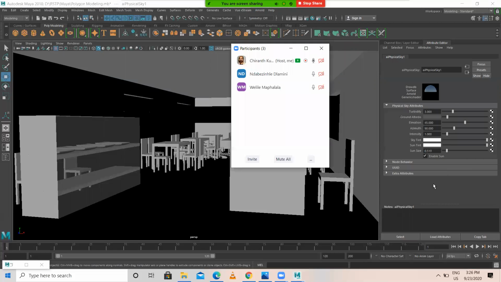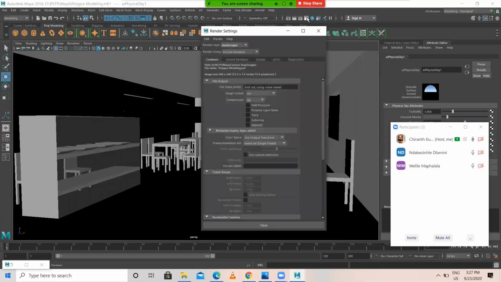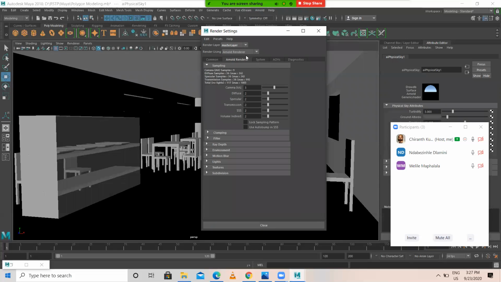Physical sky has been selected. So you can increase the intensity. Intensity is nothing but increasing brightness. Okay. Now come to this render settings. This fourth box, the fourth kind of camera clapping box. Arnold. Arnold renderer. You have to choose render using as Arnold renderer.